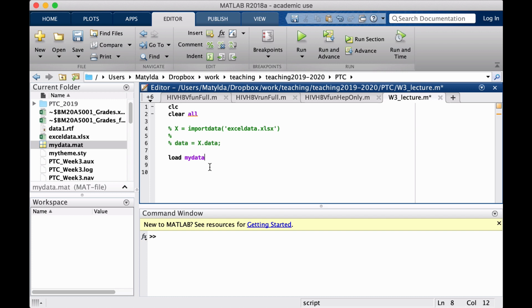The advantage of using Matlab data files is that you don't have to type all those extensions. So if you just say load my data, it will bring back that content which we have seen before. And there it is. And in case you don't want to load everything, maybe I want to load only that numerical